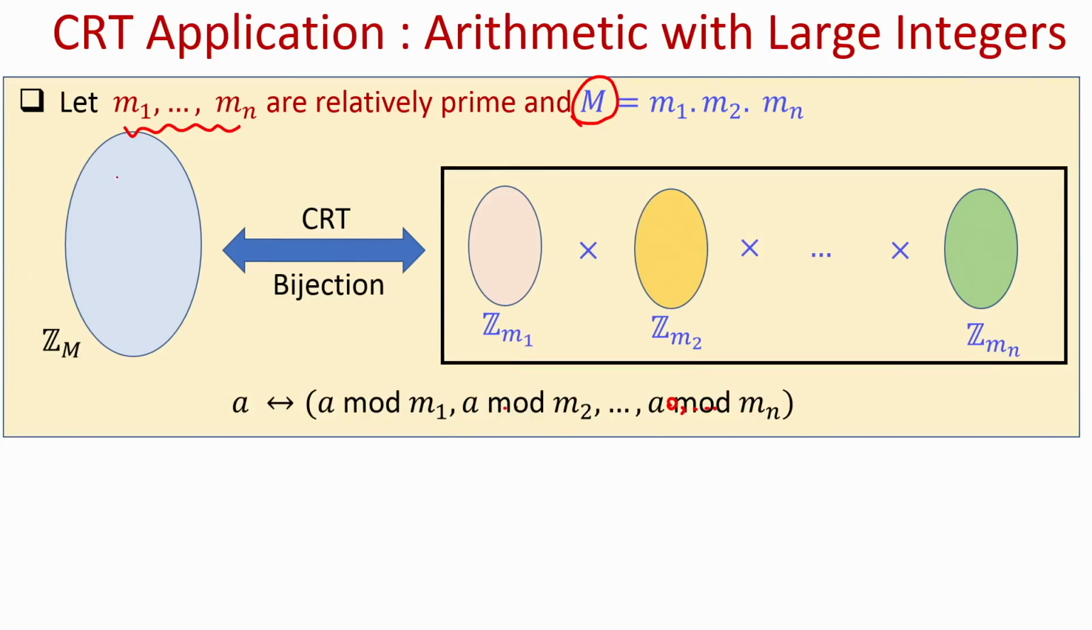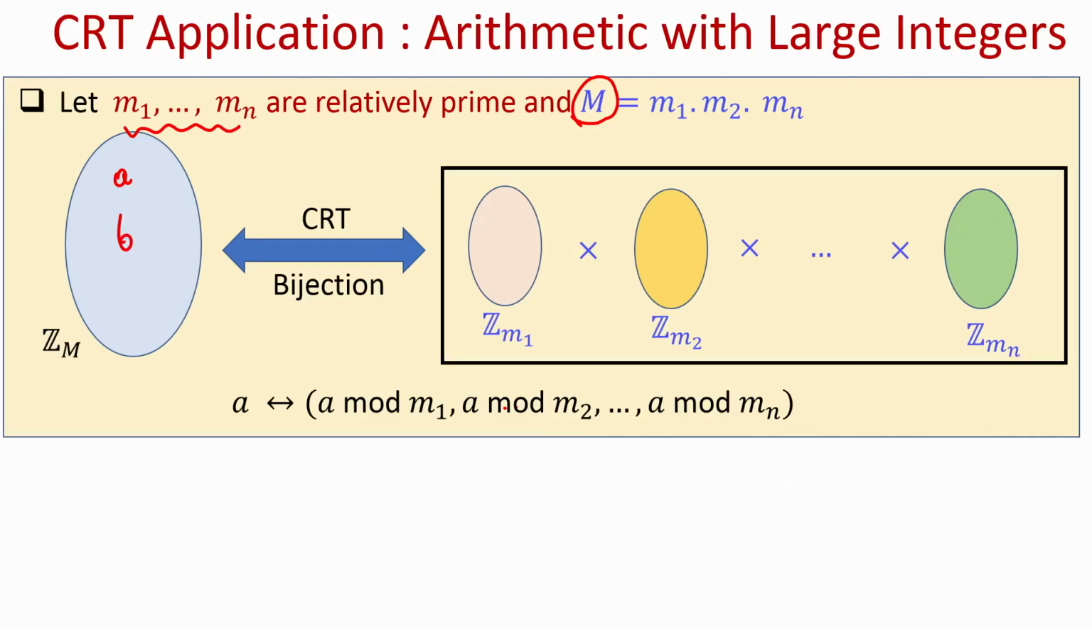If you are given a value A here and you want to find out the corresponding mapping as per this bijection, then the image of A is obtained by computing A modulo m1, A modulo m2, ..., A modulo mn. That will be the representation of A, and my claim is that this representation is an injective mapping,